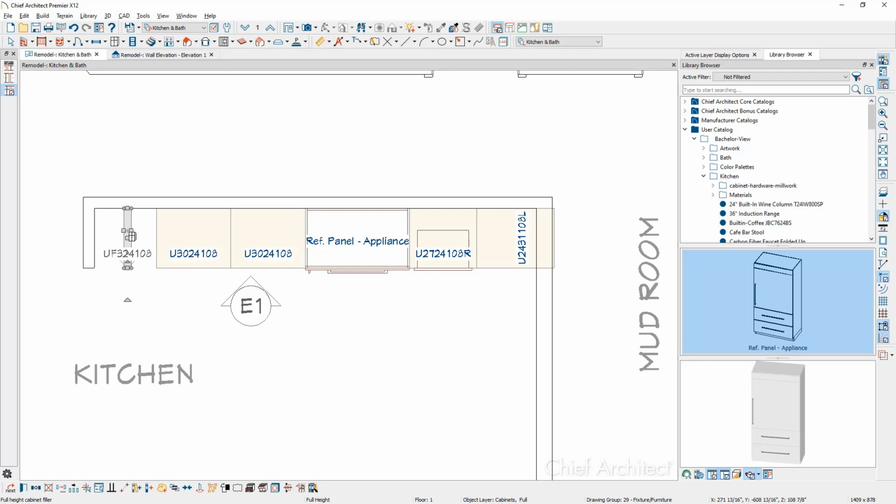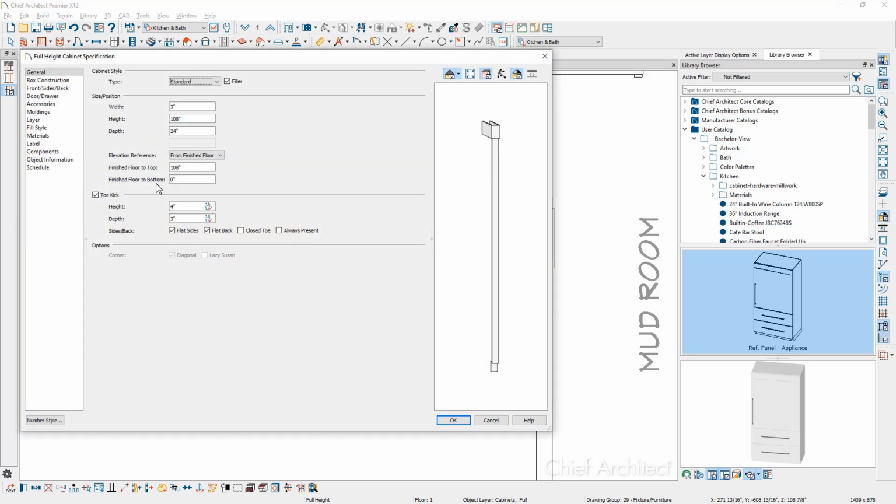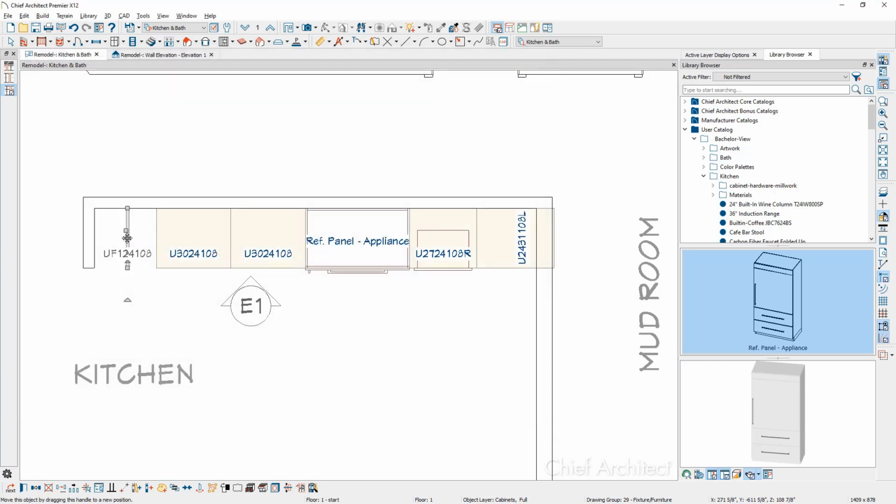And sometimes when these objects are pretty small, it's more difficult to resize them. So I'm just going to double click on it. I'm going to go ahead and type in 1 inch for the width of it. I'm going to leave the other dimension settings that should match my default full height cabinet, and then I'll just go ahead and slide that over and snap that into the wall.